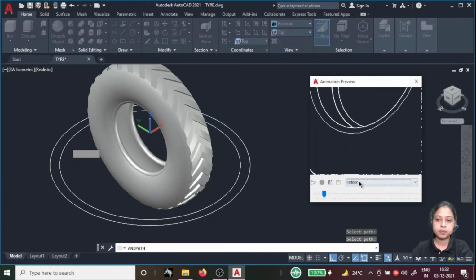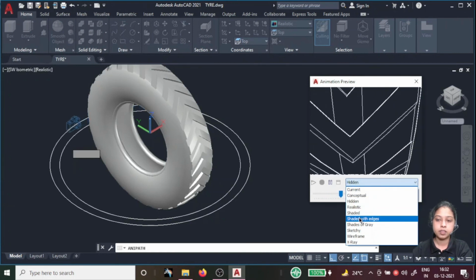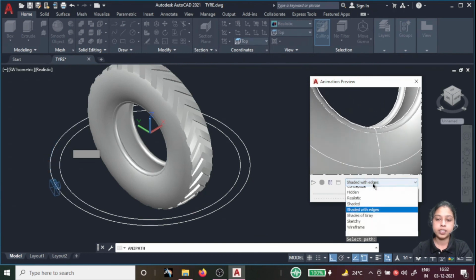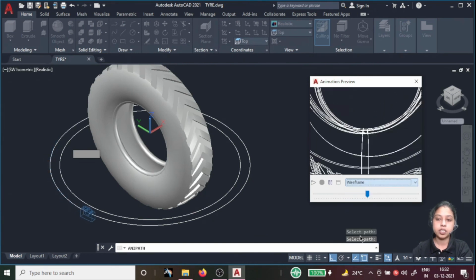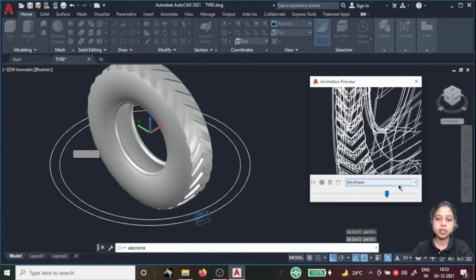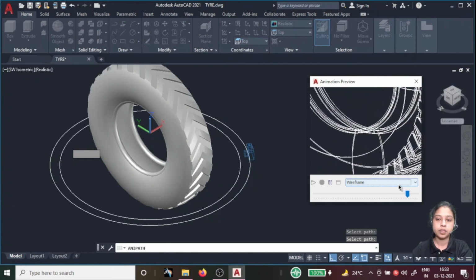See, if you want to change the view, you can change it from here. See, all the objects should be clear in the projection view.